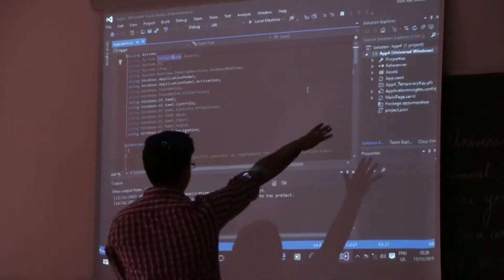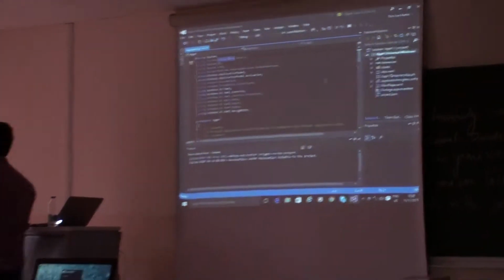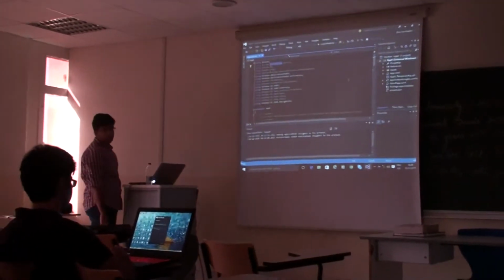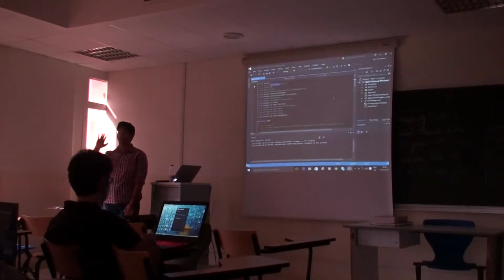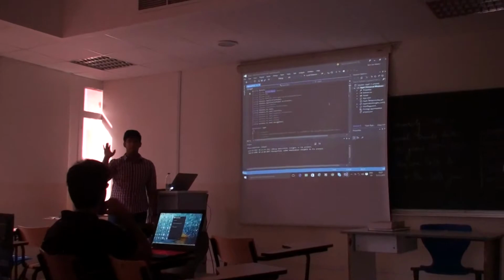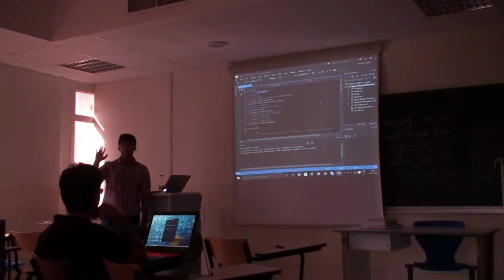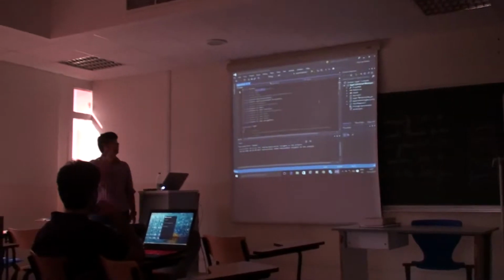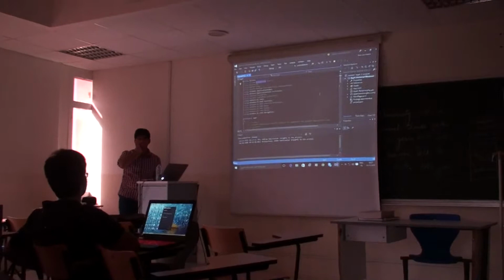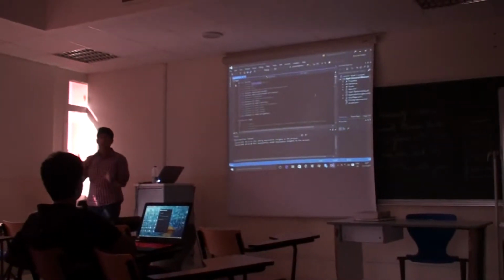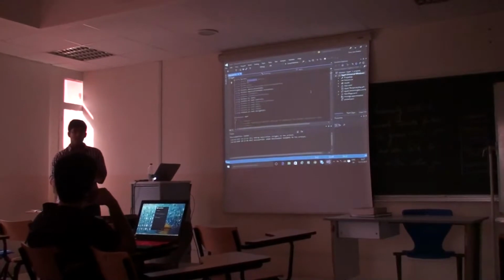This over here is a solution explorer, and below that your properties, which will get populated once you start using your XAML controls. Now, does everybody at the moment know what's the difference between XAML and C#? Everyone knows. Is there anybody who doesn't know? Right. XAML is basically the design language. It designs your user interface. It designs what your app should look like. And C# is what does the functions.